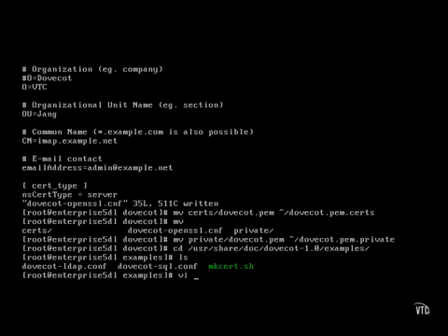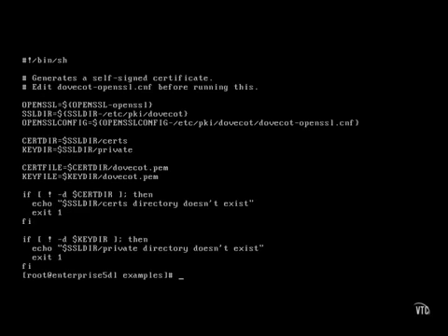It's a straightforward script which you can review for yourself in any text editor. Now let's execute that script. Since I don't have the current directory in my path, I have to execute the script in that directory with a ./